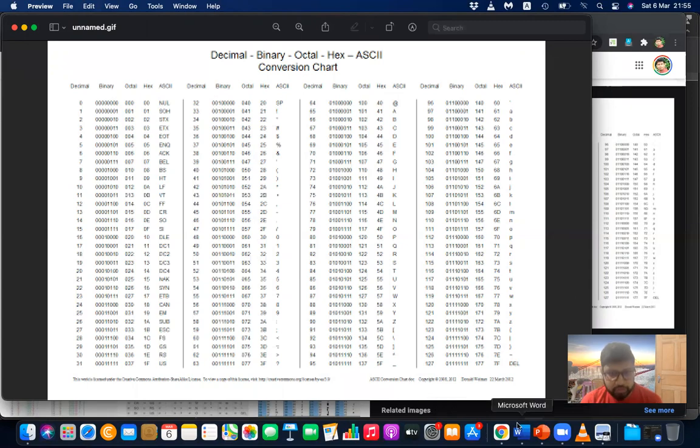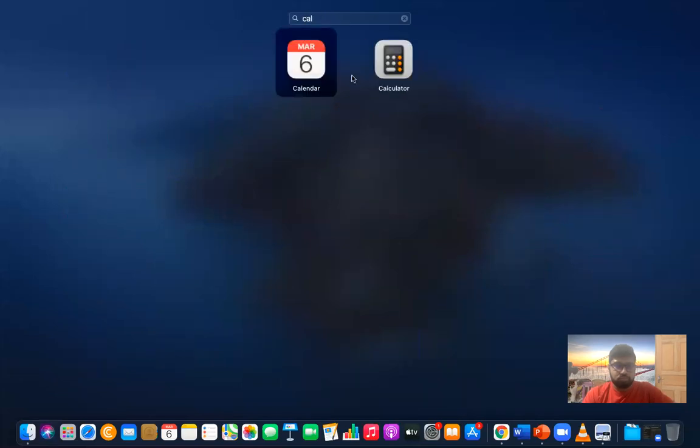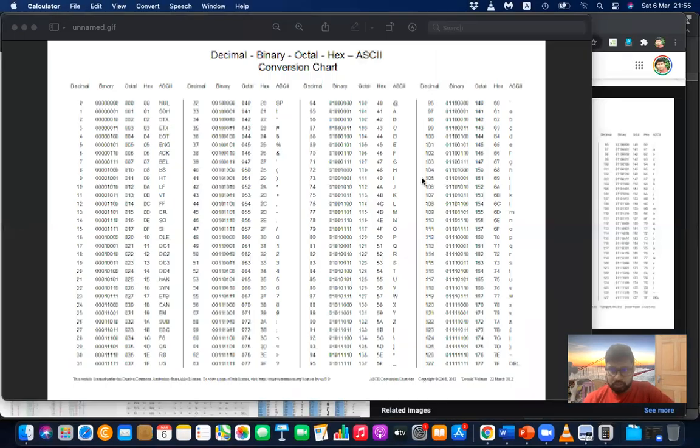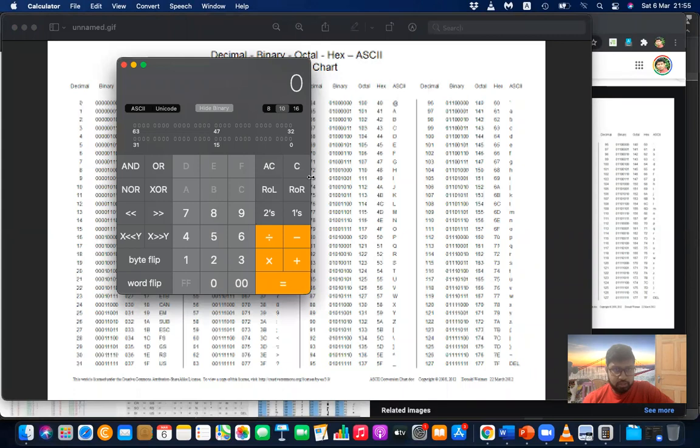Let's go to our calculator. Hexadecimal 61 in binary is 0110 0001. In decimal, it's 97. Alt plus 97 will give you the simple letter a.